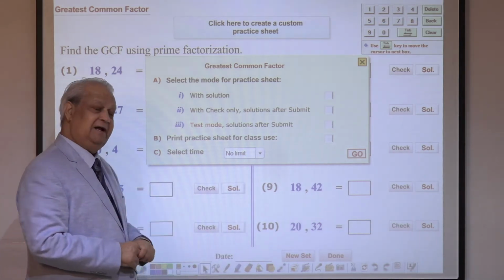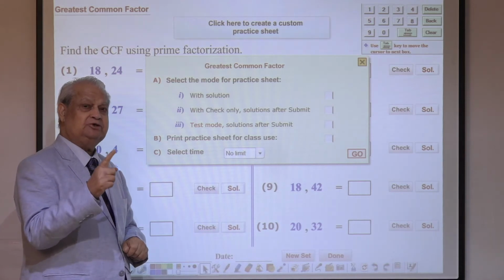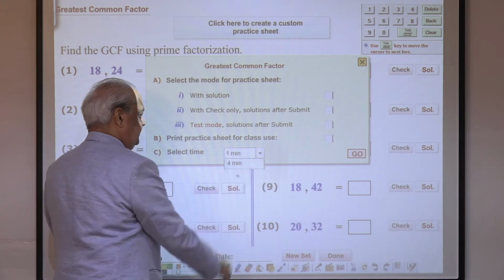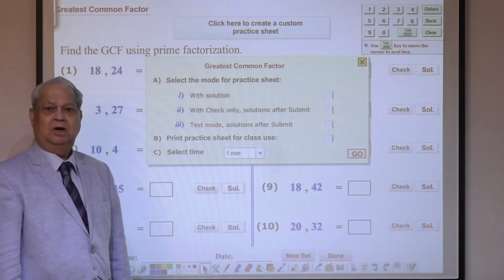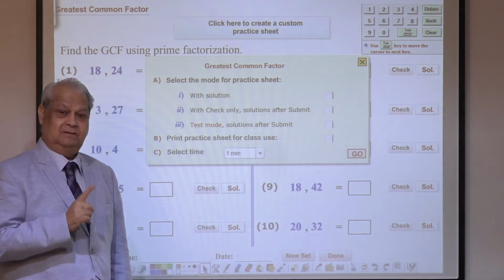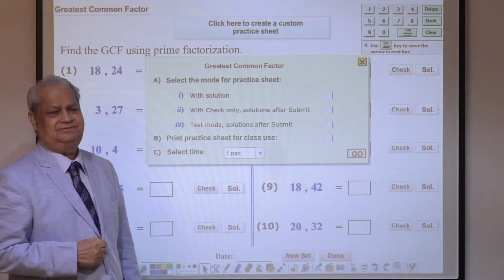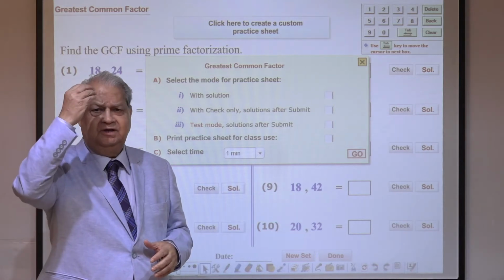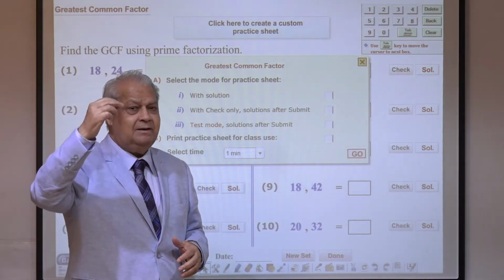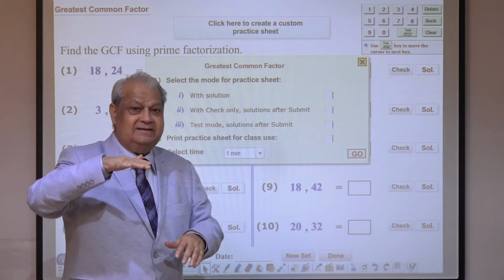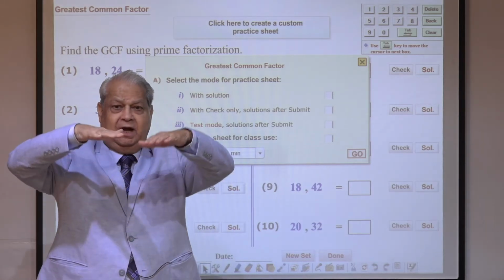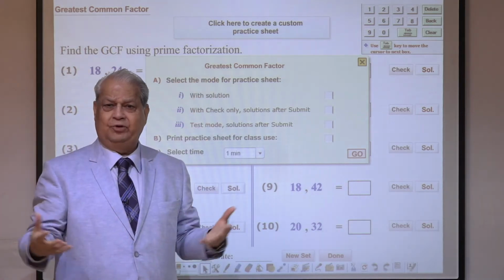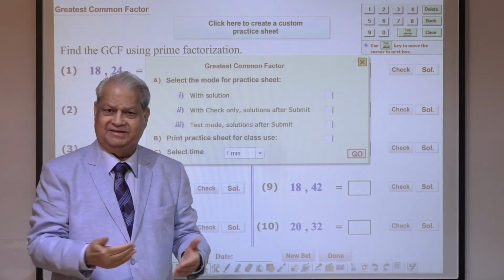And then select time. This is to sharpen your skill. How fast you can do. I can do it in 1 minute. How fast you can do, that is more important in basic skills. All those things should come as reflex actions. You don't have to think. It comes like that. Only then your skill for the higher level math will be sharpened. You'll be able to perform better if you don't have to think about these small lower level things.